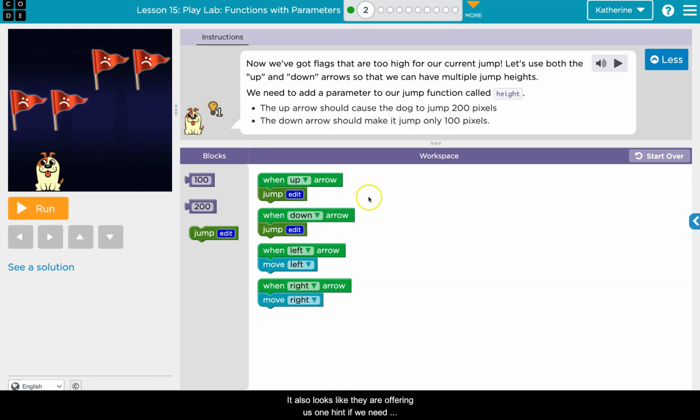Right now, both the up arrow and the down arrow are using the same function. If you change it here and make it 200, then the down will also jump 200 now. So that's why we need to use a parameter, so that we can use the same function, but for different amounts. Let's edit jump,